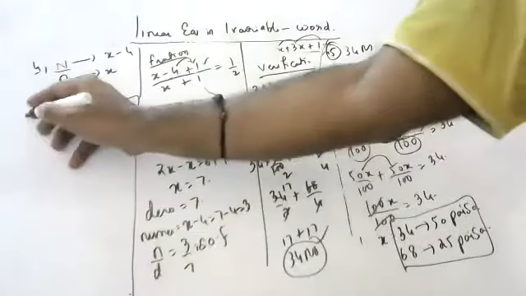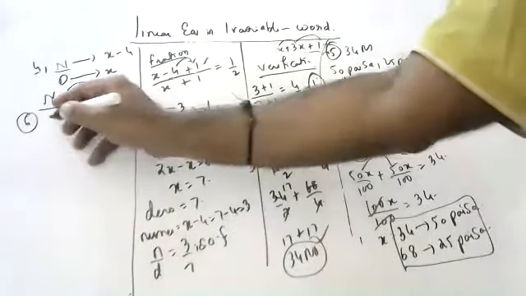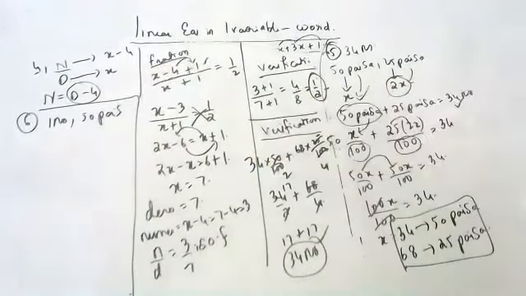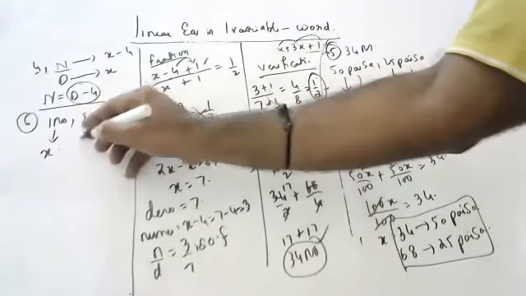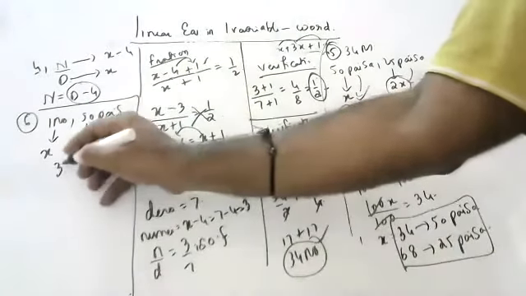Harsha, are you there? Yes, sir. Arvind has a piggy bank. It consists of 1 rupee coins and 50 paisa coins. It contains 3 times as many 50 paisa coins as 1 rupee coins. If 1 rupee coins are x, how many 50 paisa coins? 3x, sir. Very good. Total count is 35 rupees.